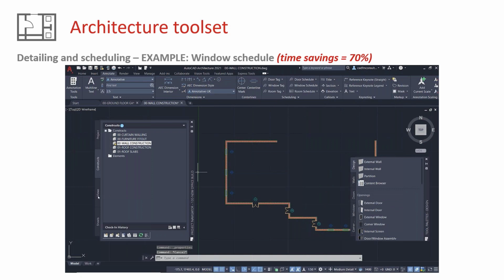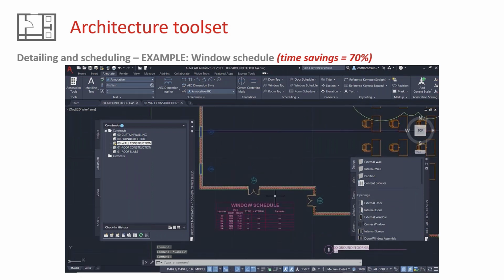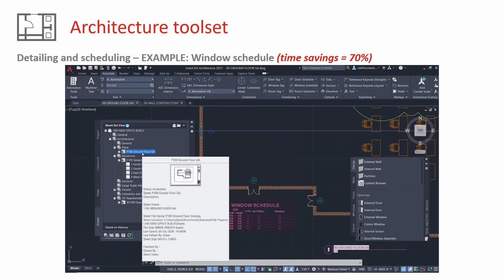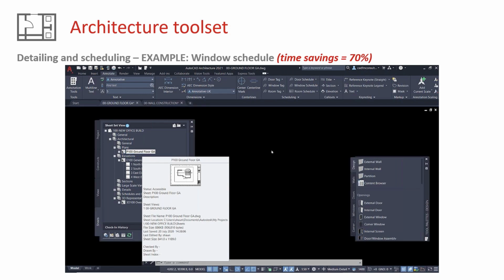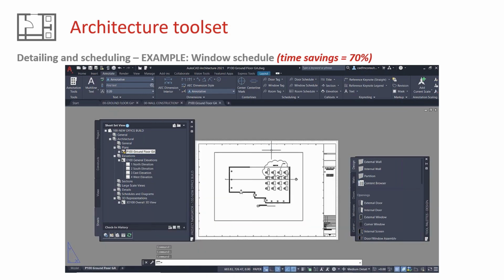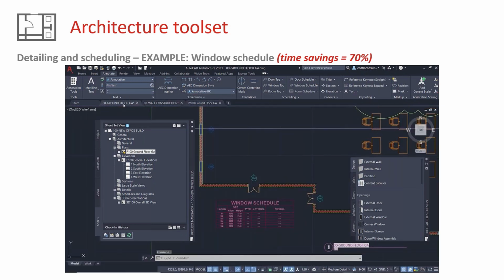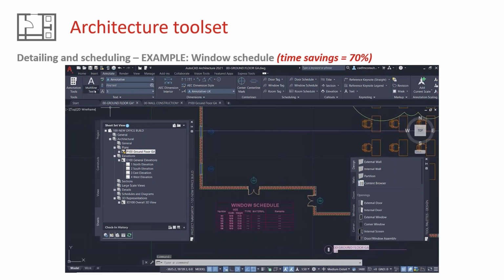So if I wanted to make changes, I do that in the constructs, and then the way that I extrapolate the information is in the views. I then drag those views onto sheets to obviously demonstrate and communicate my design intent. Now, what will happen is I need to save a drawing where I've made changes. Otherwise, things like the sheets will not show the window schedule. And the reason that that's not showing at the moment is because I haven't saved the view that I put the window schedule in. So if I go back to the ground floor GA and I make sure that I save that,